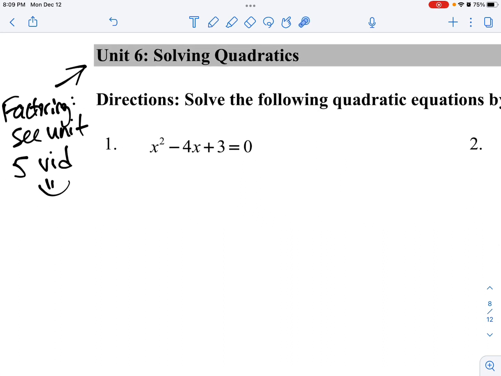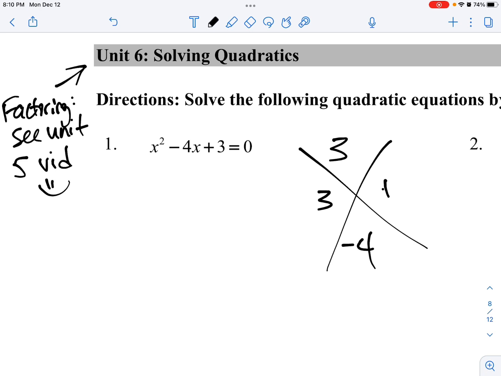But number one, what I have to do is I have to factor this. And remember, the next step that we learned in this unit is that it's equal to 0. So we have to set each parentheses equal to 0 and get two actual answers. So if you remember what I need to do, since this one has 0, I'm going to put the 1 times the 3 on top, and I'm going to put this -4 on the bottom. And I'm thinking to myself, what times what is 3? It's 3 and 1. And they have to add up to -4, which I think means both of them have